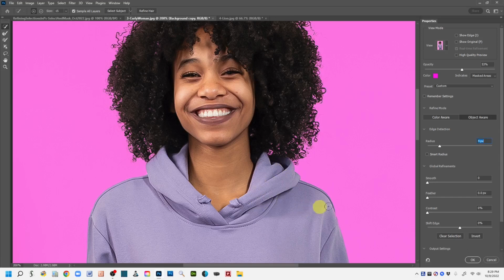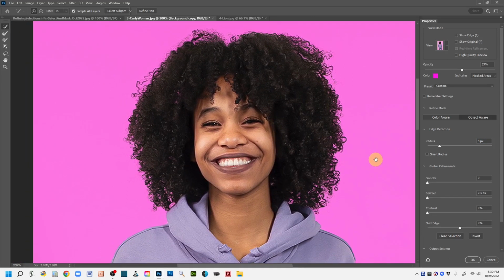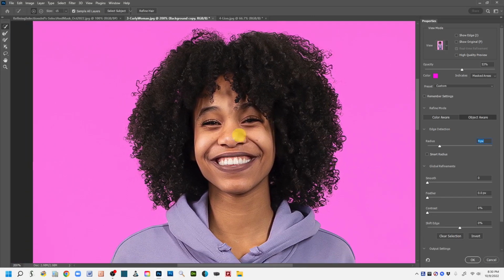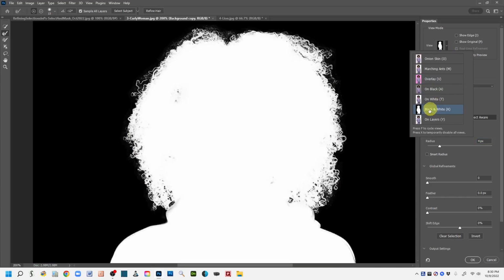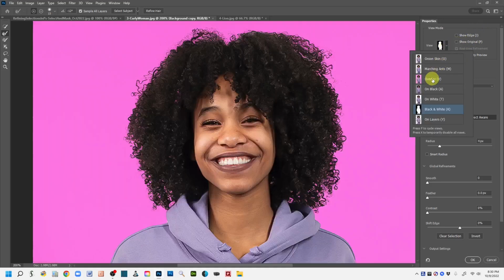So we've captured that. So at this point, I'm feeling pretty good about how we've been able to refine this selection, first using the Refine Edge brush and then the Quick Selection tool. Okay, so now, as I said, I like to, in my view mode, go over here and click to see how this looks as a mask. And look at, we've gotten tons and tons of detail here, so I'm feeling pretty good about this as a selection. So I'm going to put this back to my overlay mode,